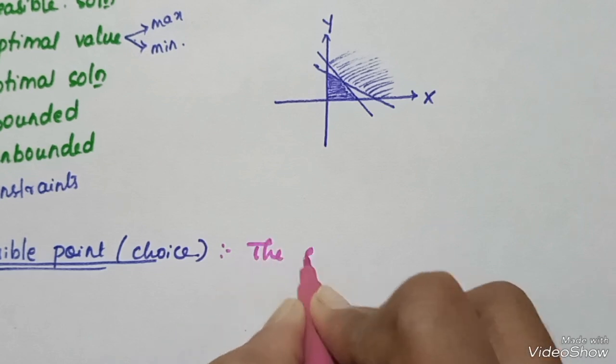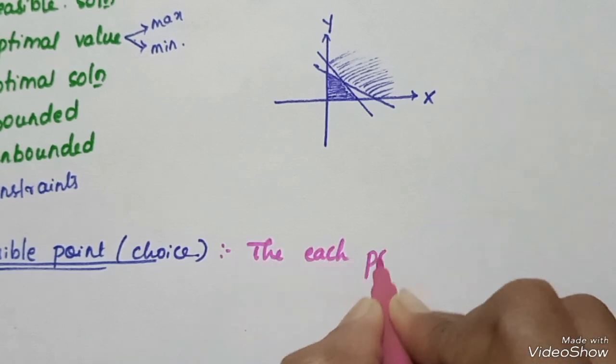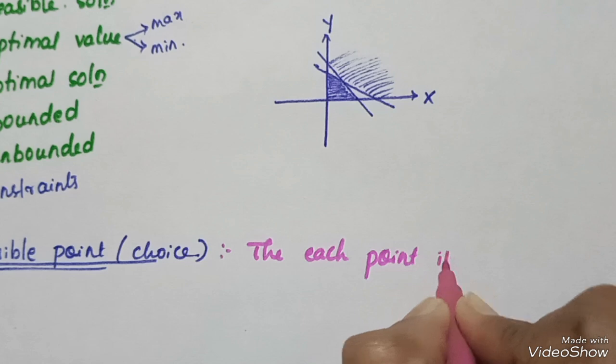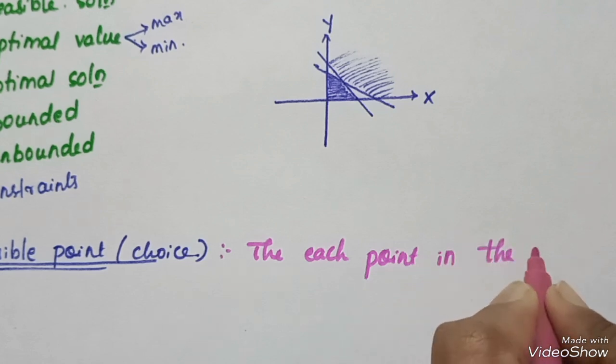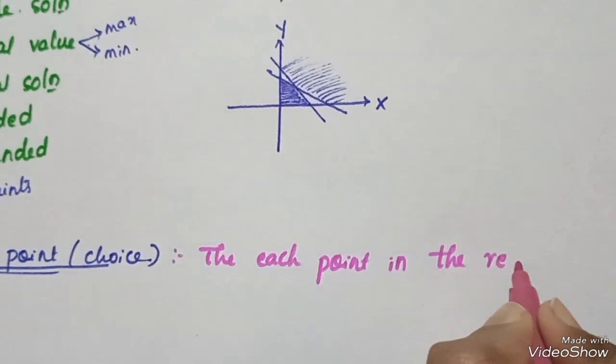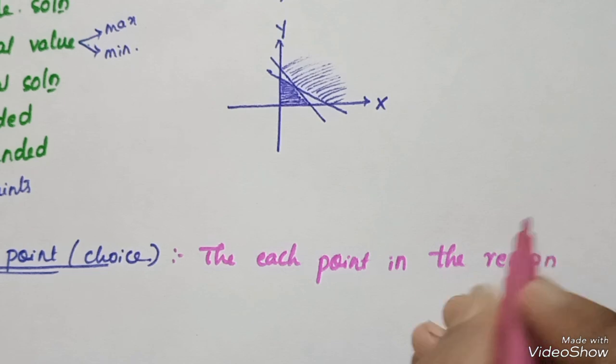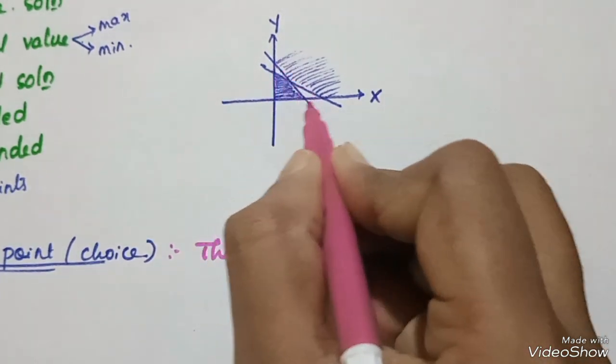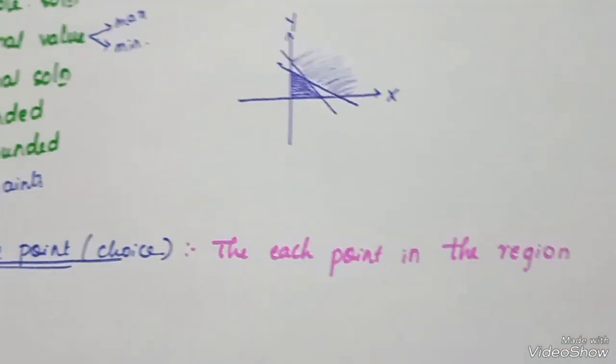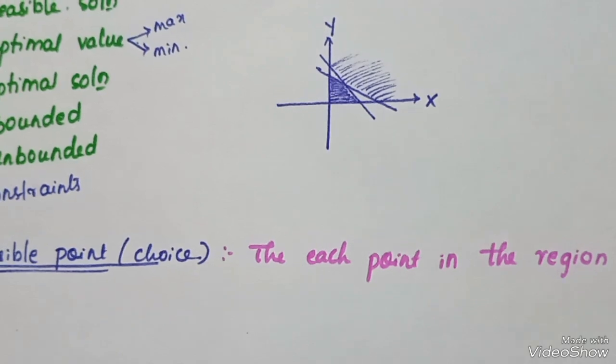Each point in the region is called a feasible point. Next,